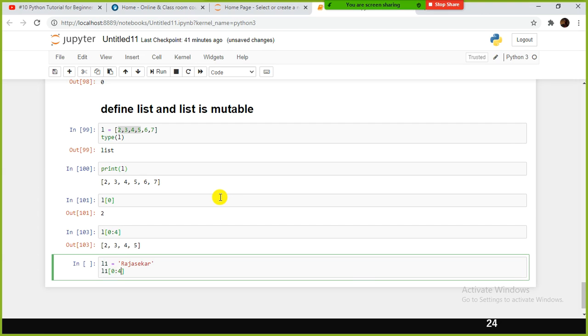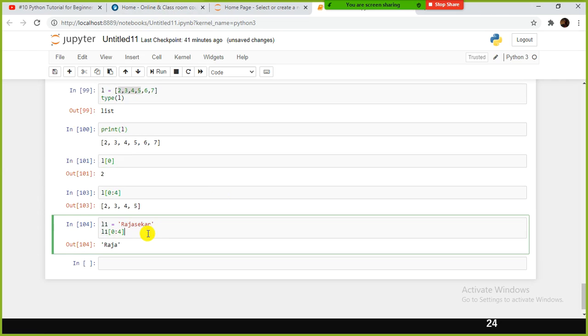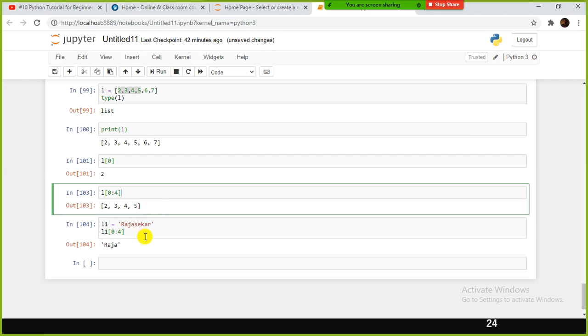You will get only the characters at 0, 1, 2, 3, starting from the first character till this one, excluding 4. Yeah, same thing.